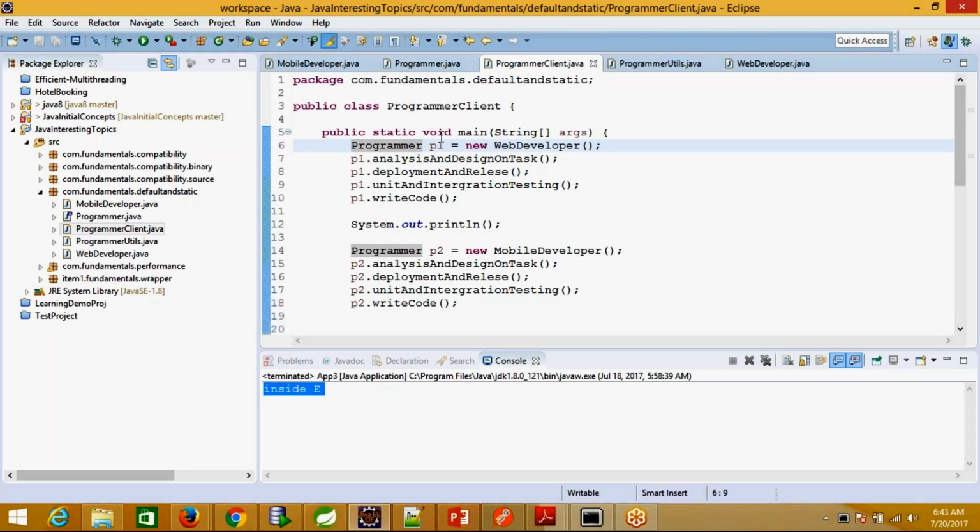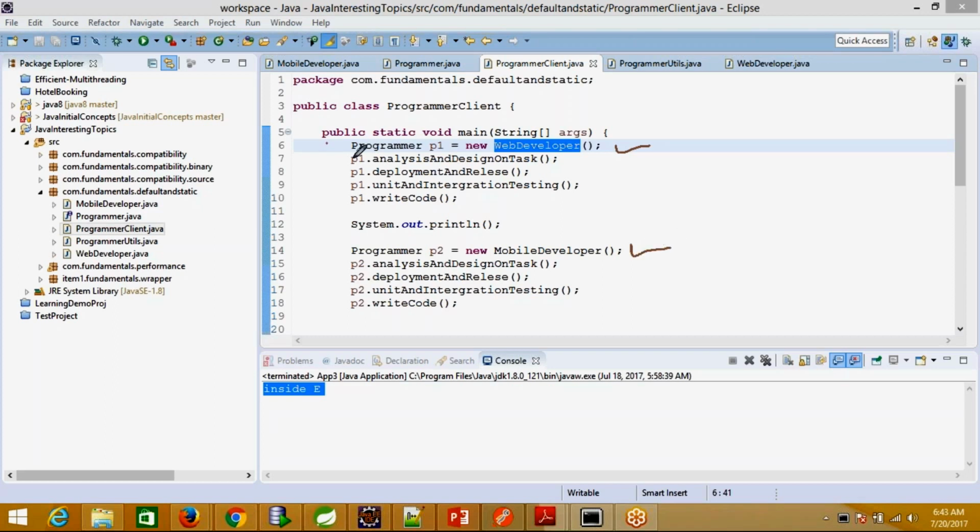I have created an object of web developer and mobile developer here using the polymorphic way. The interface is at the left hand side and the respective implementation class is at the right hand side. So kind of polymorphic object creation here.